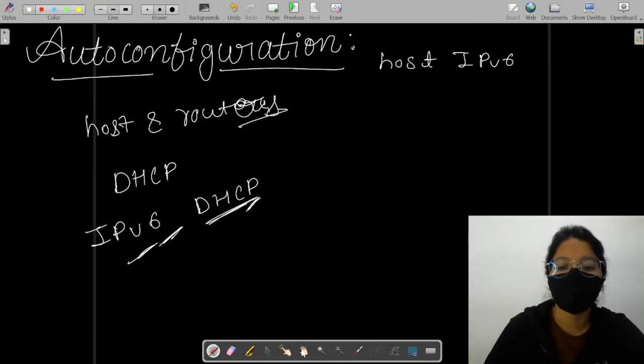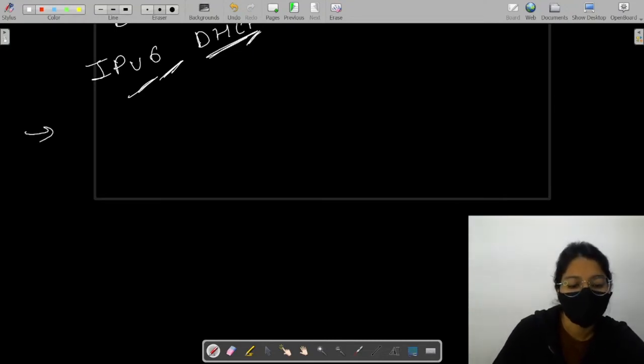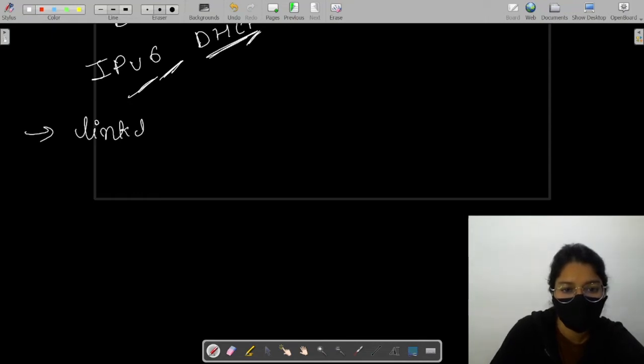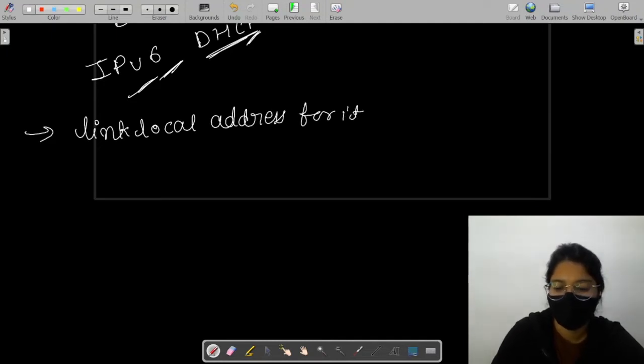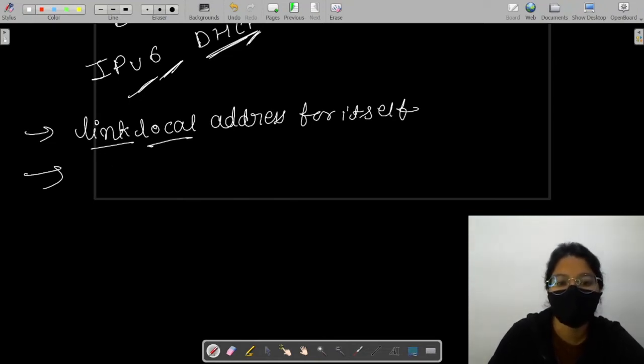Already we said it can configure itself. First, the host will create a link local address for itself. And about the link local address, this is made by taking the 10-bit